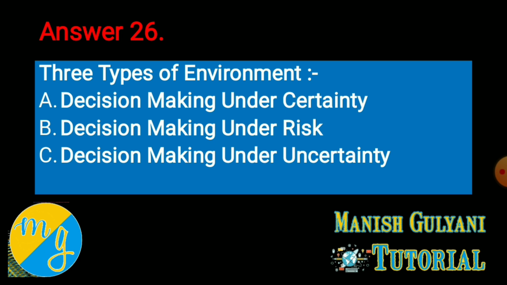Under risk, you can assign probabilities, you can say I am 10% sure, 20% sure. But under uncertainty, you can't assign probabilities, you can't say I am 10% sure, because you are not familiar with that industry, your base is zero, your past experience is zero. So you don't have any parameters on which you can say I am 10% sure, 20% sure. So the only difference between risk and uncertainty is probability. Under risk, you can assign probabilities; under uncertainty you can't.